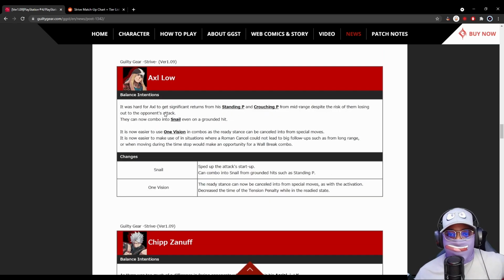It was hard for Axl to get significant returns from his standing P and crouching P from mid-range, despite the risk of them losing out to the opponent's attack. They can now combo in the...